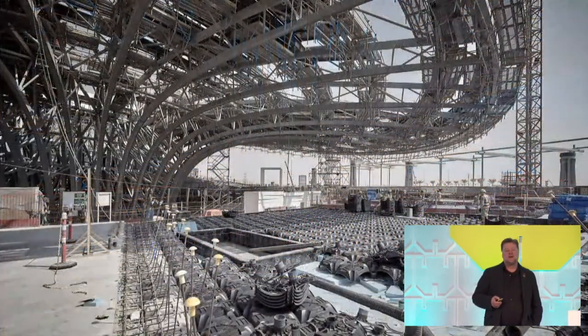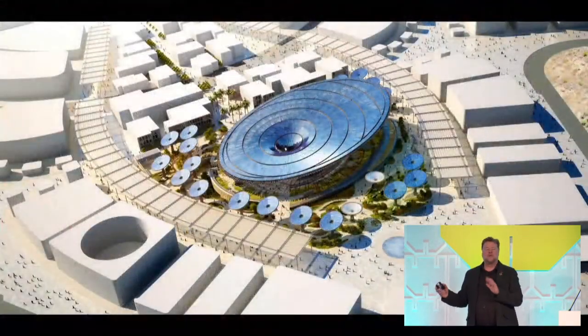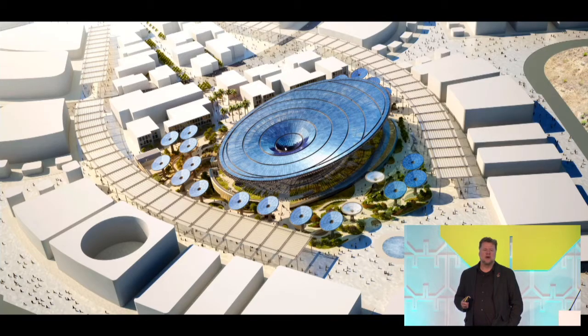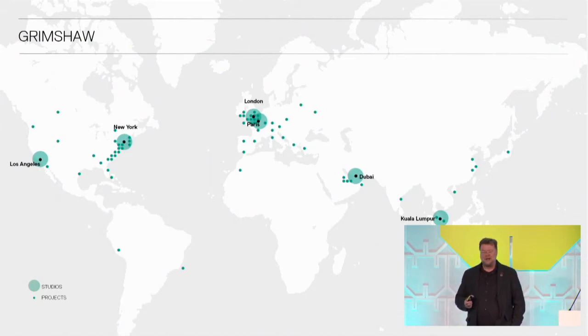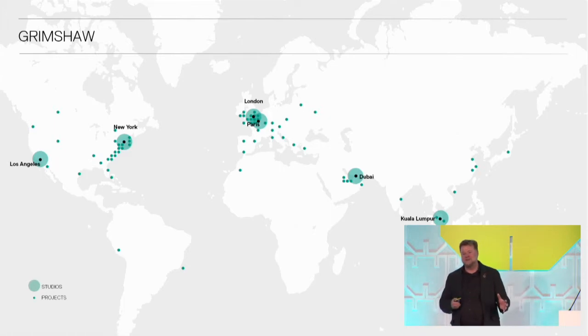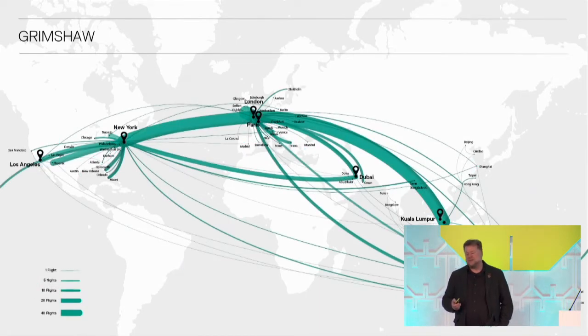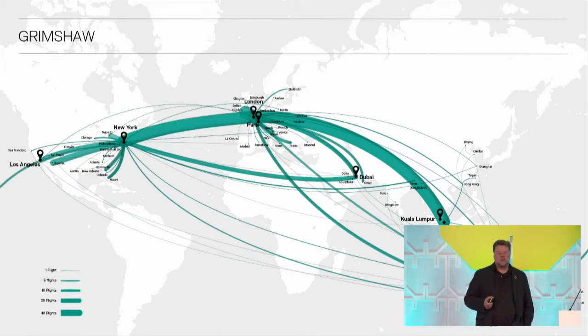I just want to finish off with a bit of work we've been doing. Along with this goal of getting to net zero carbon in our built work, we've been looking at our own operations. We run a global operation with 8 studios stretching from LA through New York, London, Paris, Dubai, Melbourne, Sydney. We try to use intelligent systems and video conferencing, but undoubtedly it still means we do a lot of flying. So we've calculated our carbon footprint from our communications between the different studios, our different operations within those studios, and we've made a decision as of 2020 to operate as a net zero carbon company.